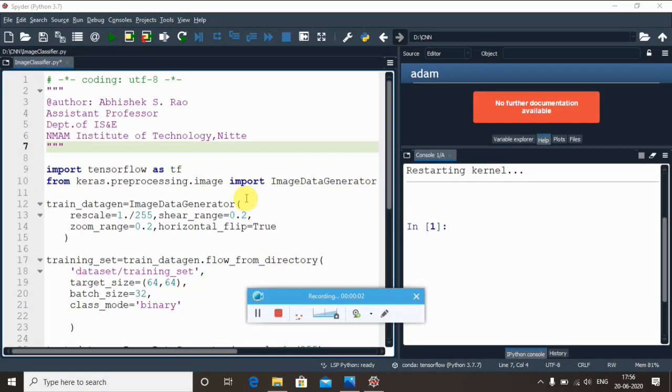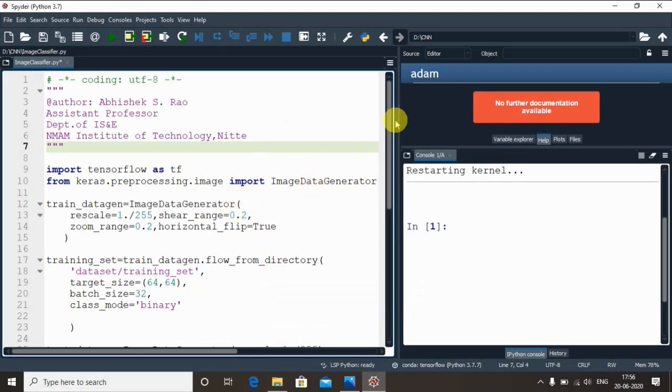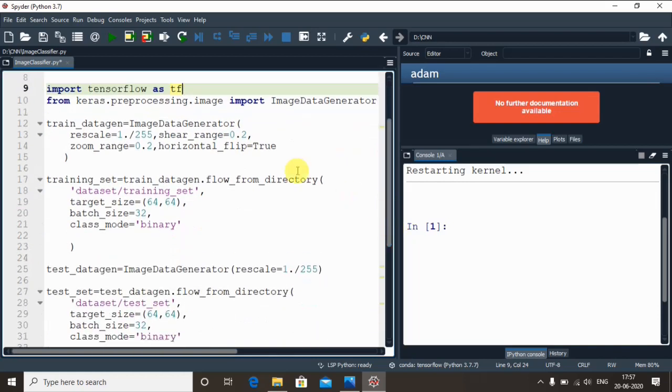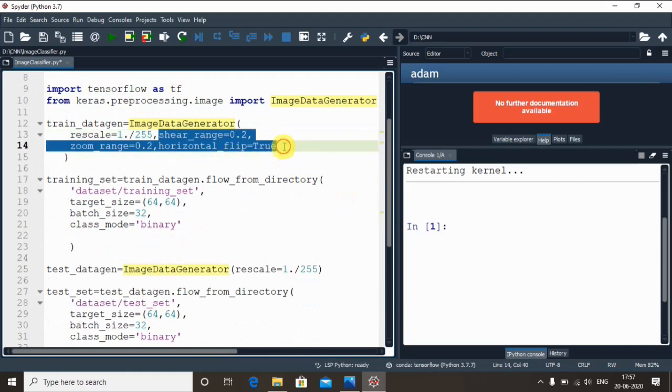Hello and welcome to session 2 on image classification using convolutional neural network. In my first session you had already seen how to import the libraries, and how to import the packages for TensorFlow as well as for Keras. In phase 1, session 1, you had seen how to call the class called ImageDataGenerator and how to apply feature scaling techniques as well as image augmentation to avoid overfitting, right?